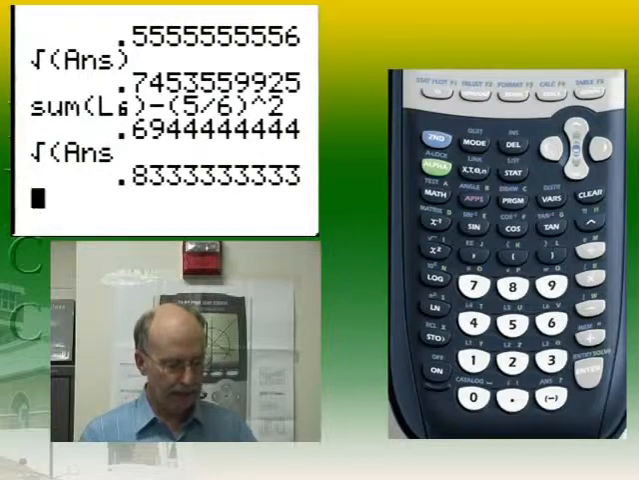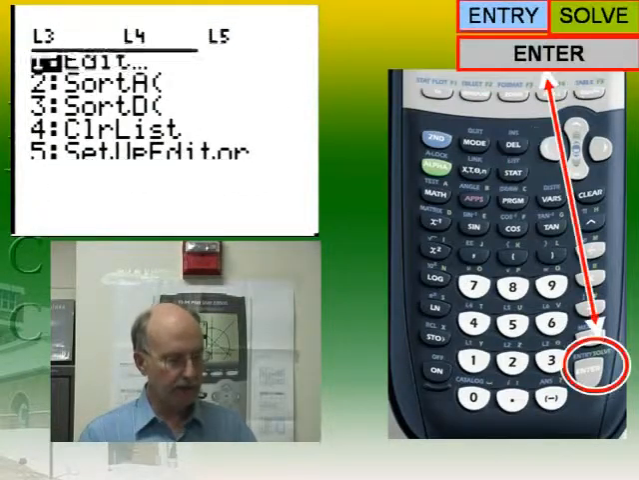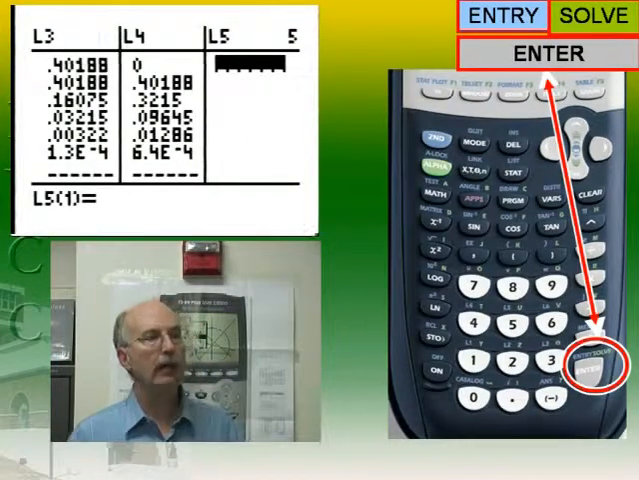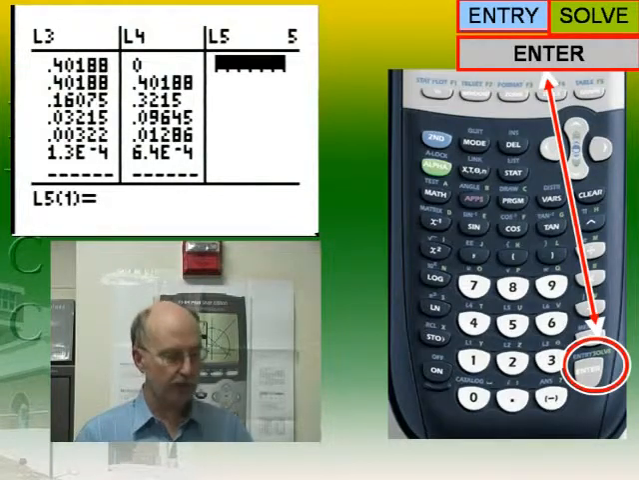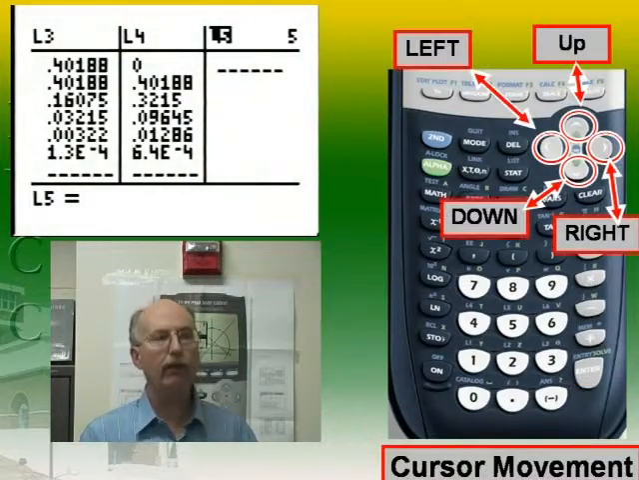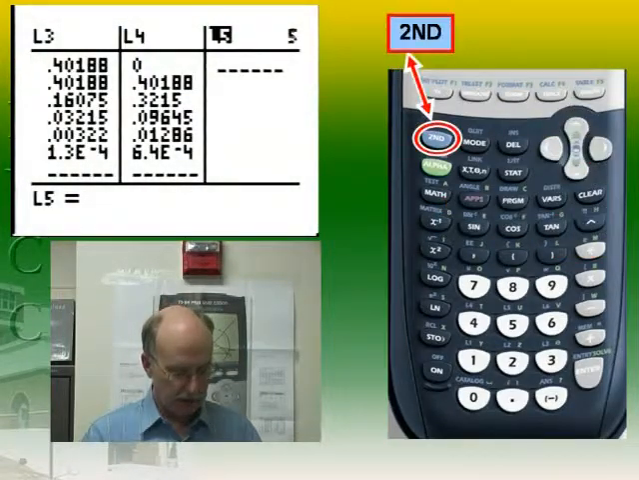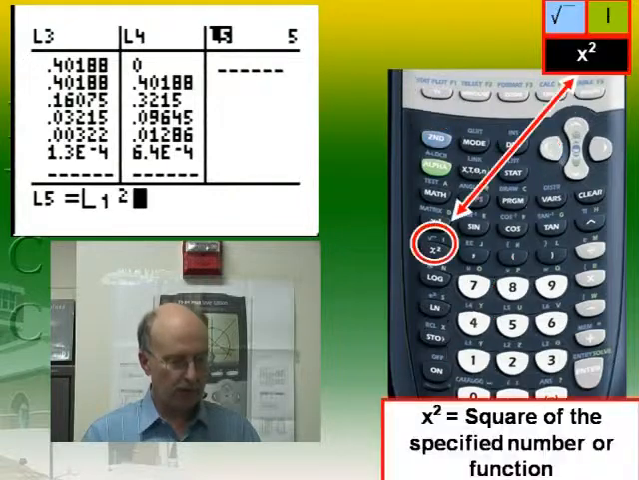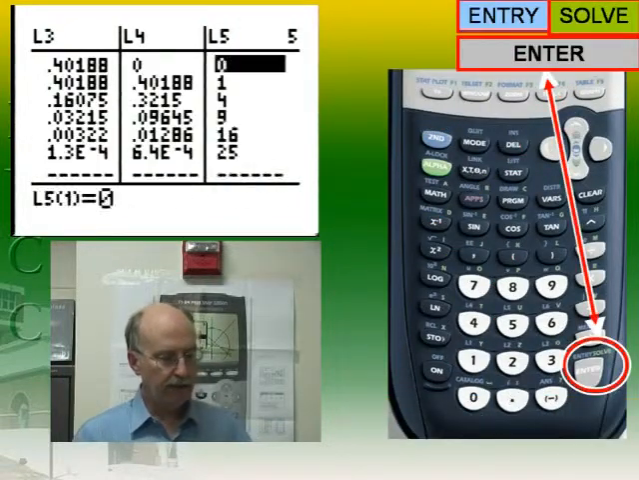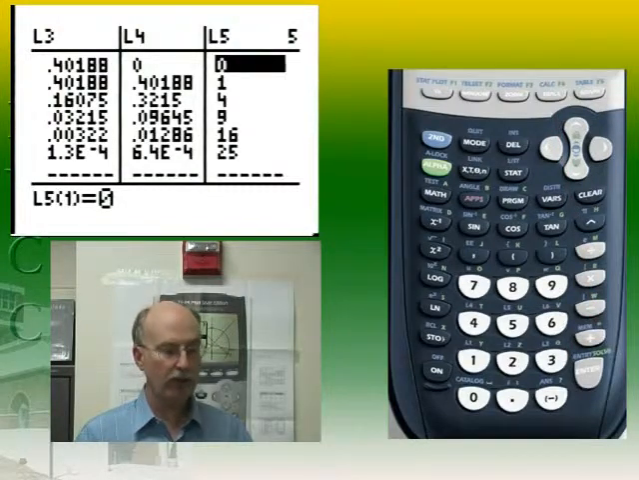So I'm going to hit stat, and we're going to hit edit. And now in column L5, what I would like to put is x squared. Well, remember our x was in column 1, so I'm going to scroll up to L5 and hit L5 is equal to column 1, second list 1, squared. And hit enter, and you can see that 0 squared is 0, 1 squared is 1, 2 squared is 4,